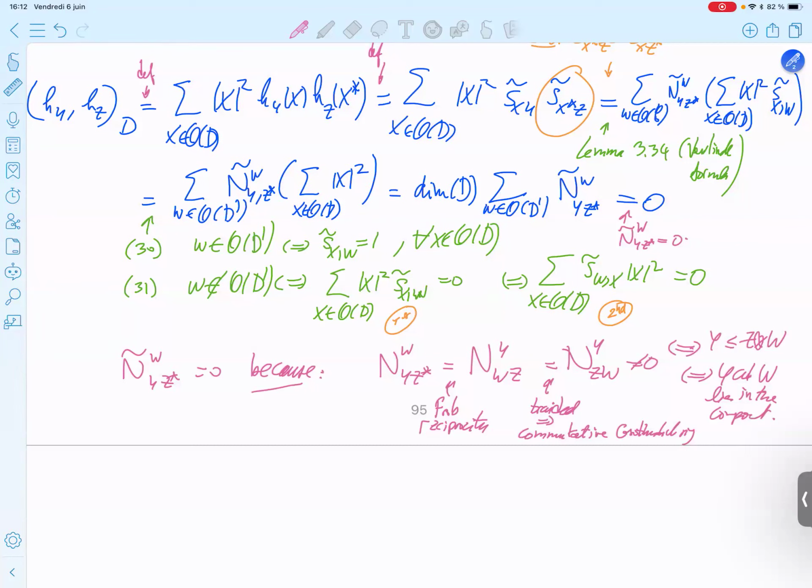But they are not in the same component. So it is equal to 0 if and only if they lie in different components